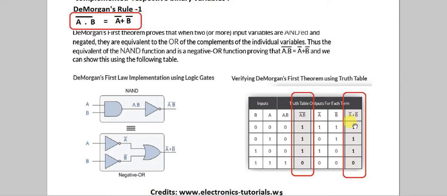So the outcome is that the truth table is now verifying. This is for verification purposes. We have to prove that both outputs are the same. So this is 1 1 1 0, which is the sum of A complement and B complement, which is equal to 1 1 1 0, which is the (A dot B) complement. Both are equal, hence it is proven that the complement of the product is equal to the sum of the complemented variables. This is the first rule.